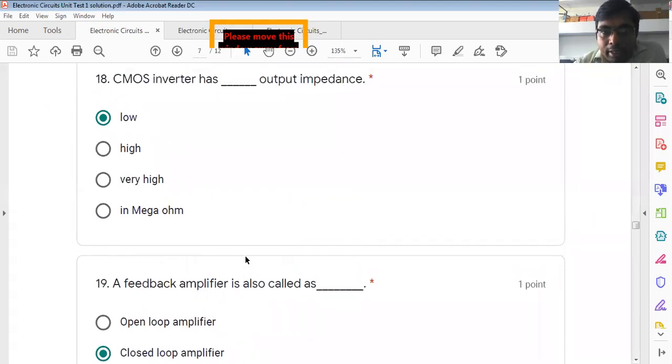The CMOS has low output impedance, which we have already learned in the theory as well. CMOS has low output impedance and high input impedance because CMOS is made up of the MOSFET, and MOSFET has a basic property that it has a very high value of input impedance, or maybe infinite input impedance ideally, and ideally zero output impedance, or very low output impedance practically. So the same is valid for the CMOS inverter also. Then and only then would we be able to drive the loads connected to the CMOS inverter.